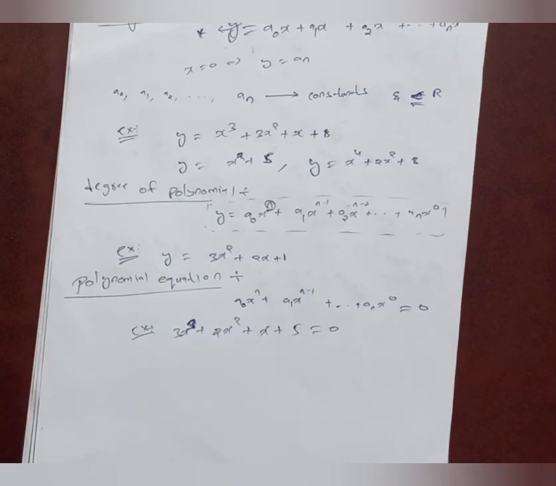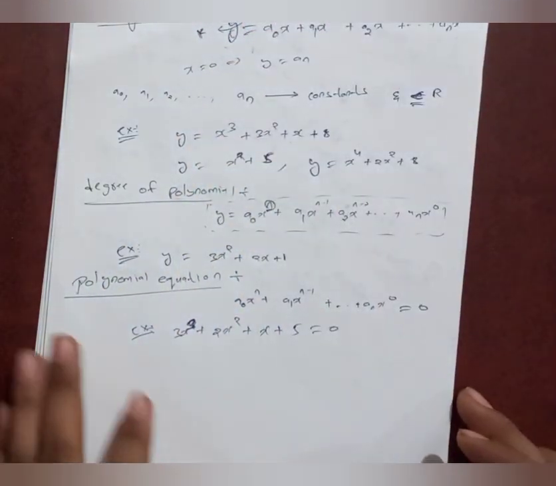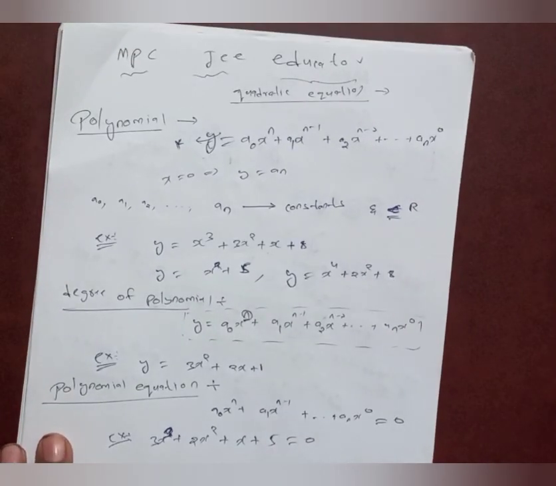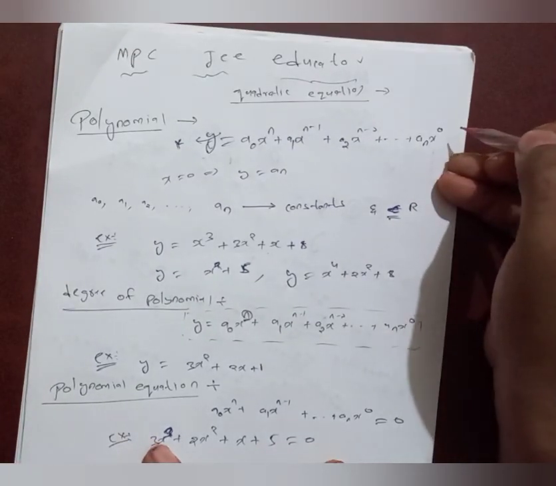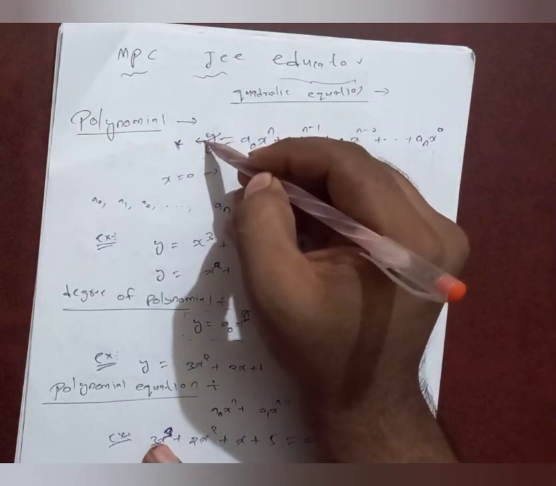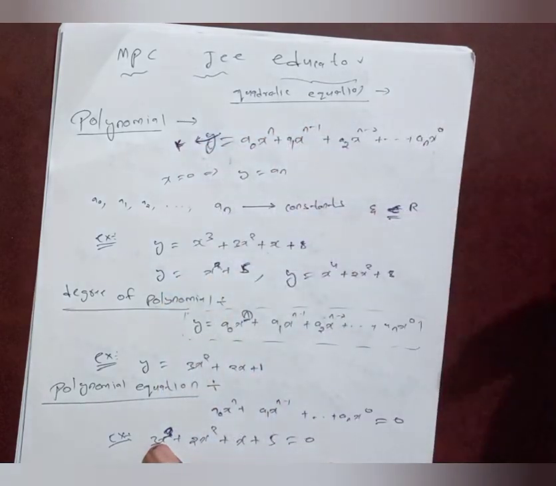Next, friends, most of the people who recently passed 10th standard will think that roots and zeros are the same. But friends, in reality, roots and zeros are not the same. They are actually different. I will explain now what is the difference between zeros and roots. Friends, first we should know what zeros are. First let us assume that this polynomial gave some output k. It might be any constant.